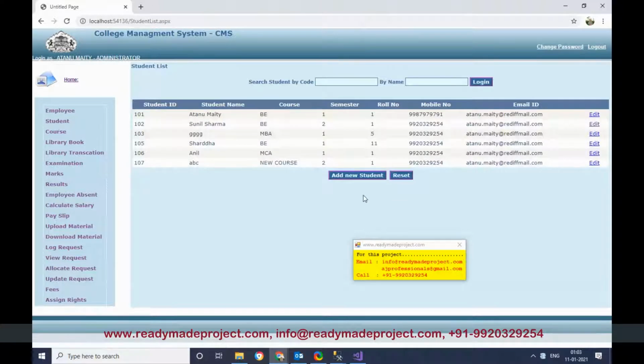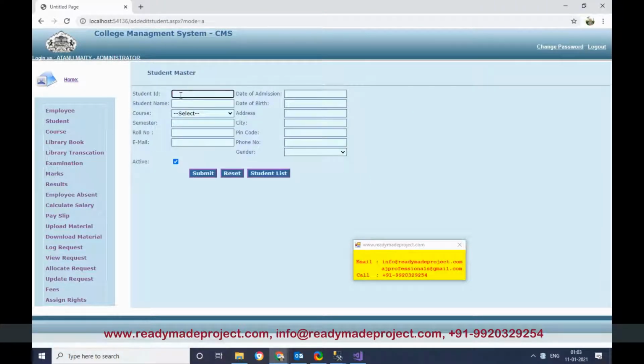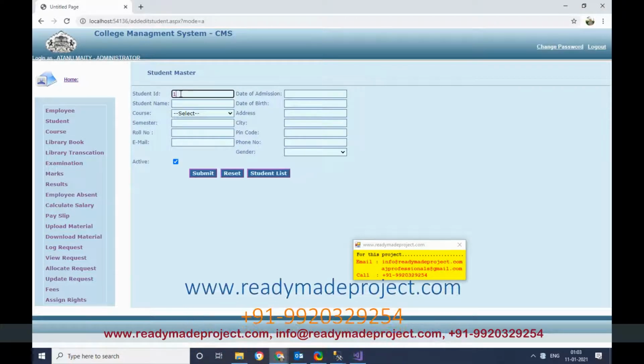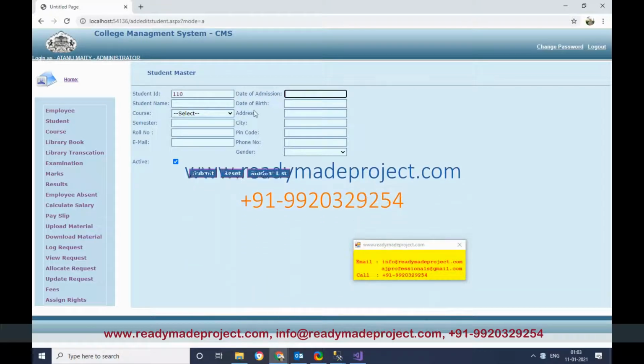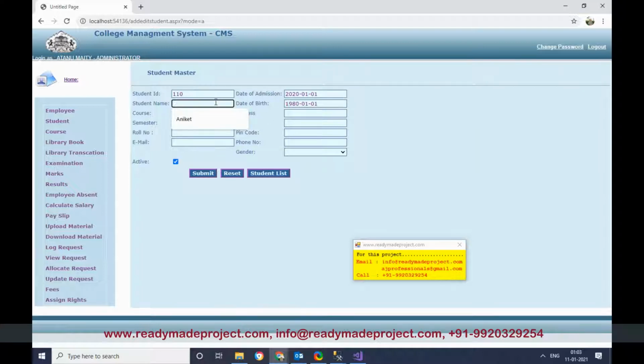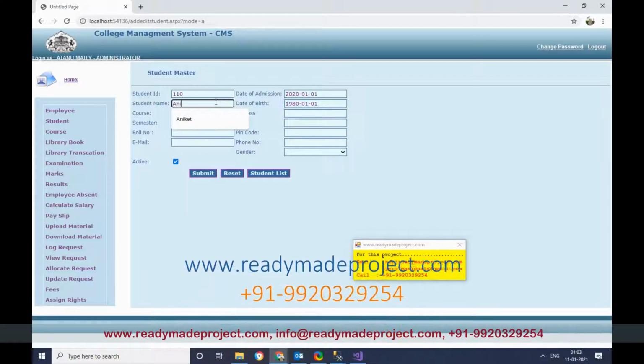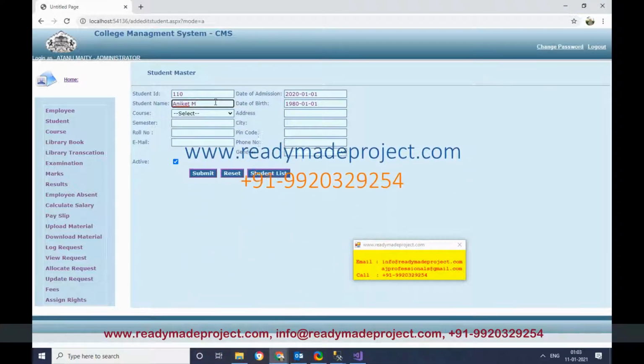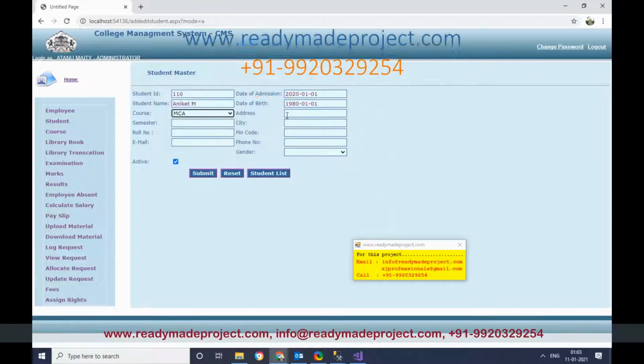Add a new student. So student ID I have to give. Date of admission I have to give. Address I will give Mumbai.